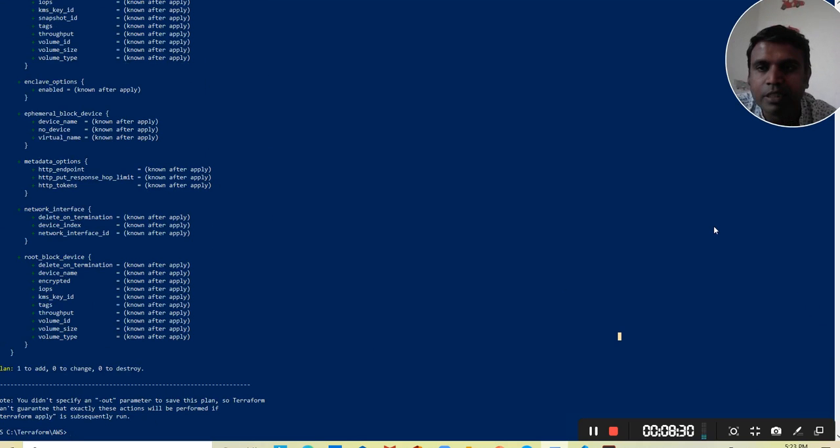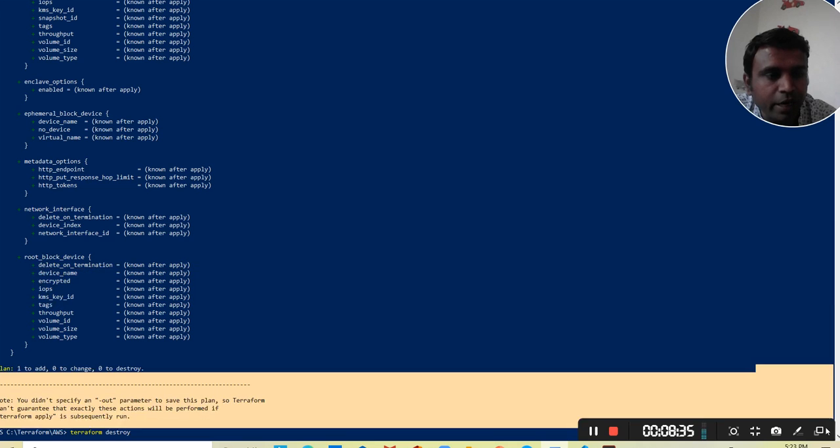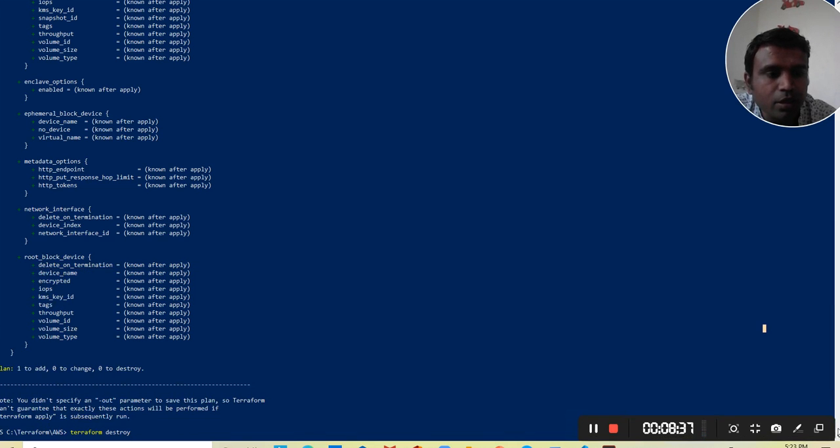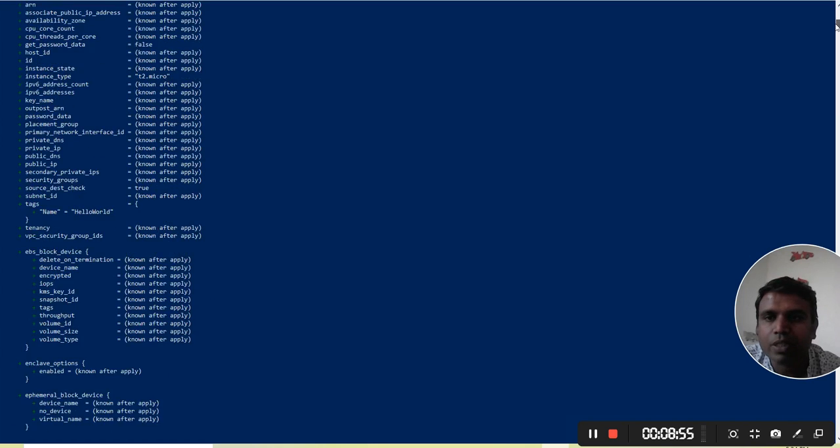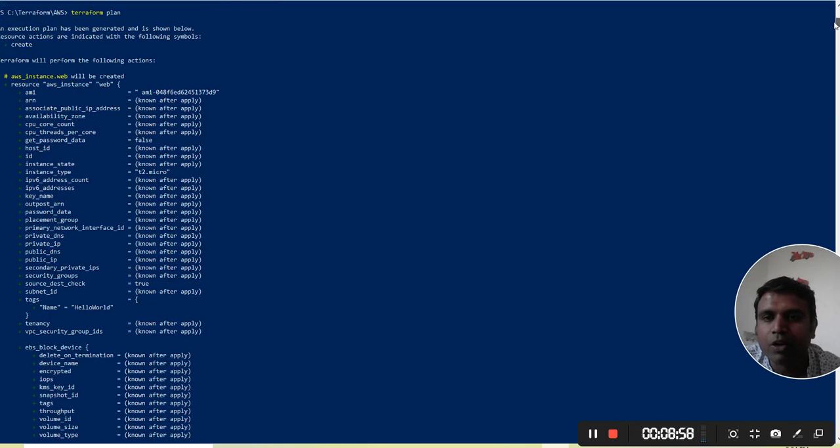So let's go and check what happened when I ran this code. Okay, just a second. You can see here when I execute that code, it will check the AMI which I have given, and it will create a tag name hello world.